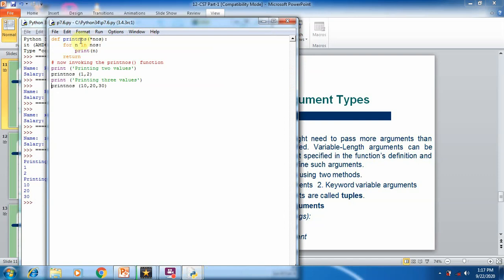How is it possible? Because we display these arguments one by one using the for loop, where n in nos means each and every argument is accessed one by one and displayed on the screen. So here there is no restriction to give only numbers. We can give alphabets also here. Now I am going to